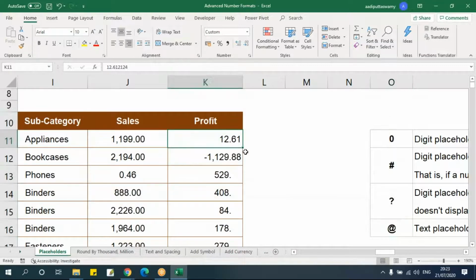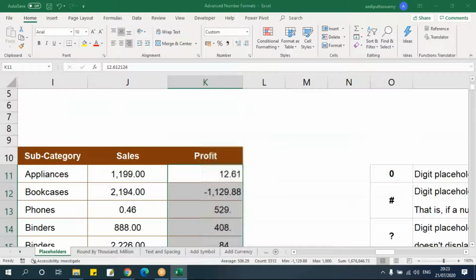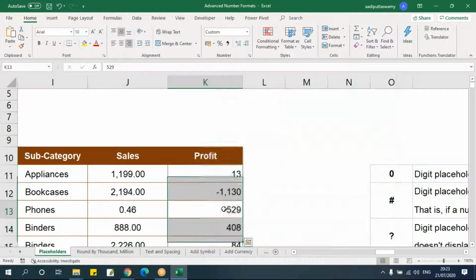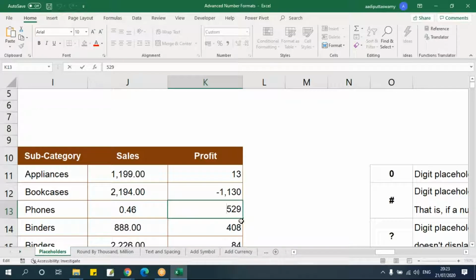Coming to the at symbol, it is actually used for text. Now let me take this, and here I'll put one semicolon and say if it is a text, it should be red color. I'm just giving red and putting this at symbol. Let's make one of the values text.